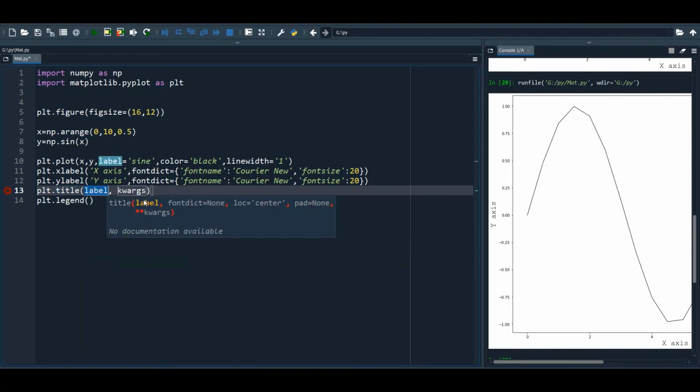So it has label what it wants. It has font dict which we don't want or which we have. Pad and something else. So we'll go with title. Title will give it as, I thought it was selected. Sorry for the miss. I don't know what it is. So title, title, title will give it as